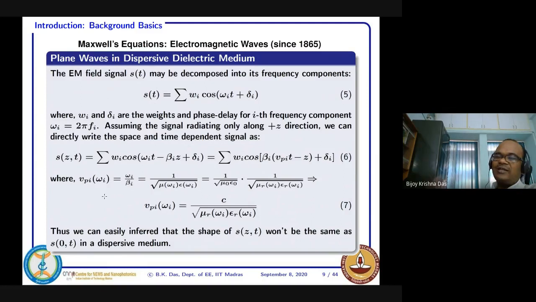So that dispersion can actually affect your signal. Even though the source is emitting a certain pulse, as it propagates in a dispersive material medium, that pulse will be changed, because the pulse is a combination of different frequencies, and different frequencies travel with different velocities. That is called dispersion. I am now at the ninth slide, and tomorrow I'll be continuing from here.